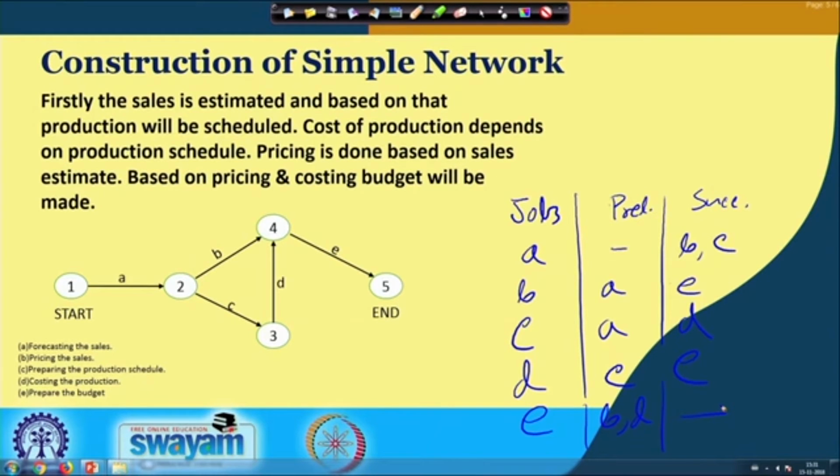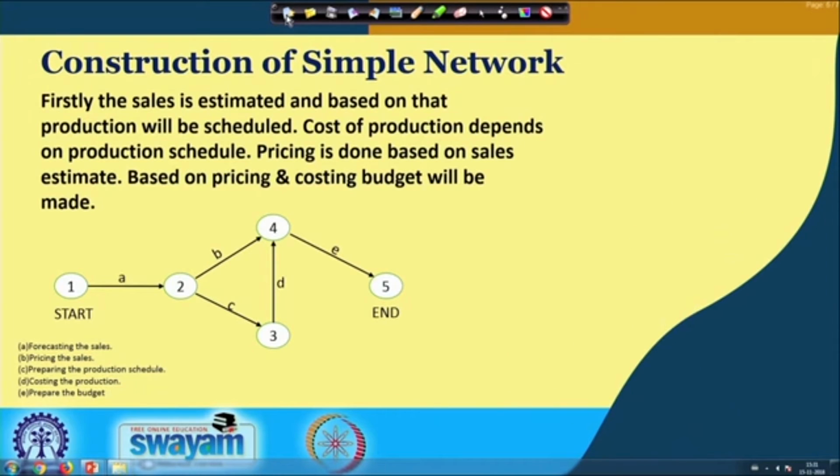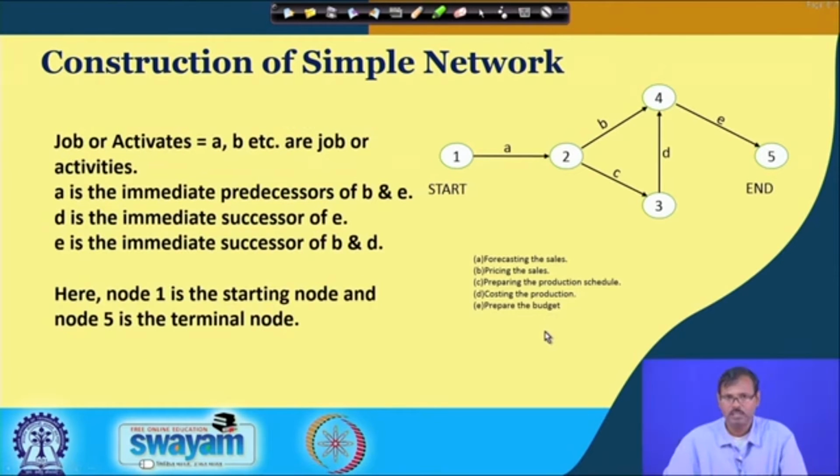So, it must be predecessors, and using the pricing we can go for the budget. So, the successor is the budget. Similarly, job C has the predecessor requirement of sales estimation, job D has the predecessor requirement of production scheduling, and job E, which is the budget requirement, requires both B and D as its predecessors. So, this table can be prepared based on this, and from there we can finally draw this network, and this